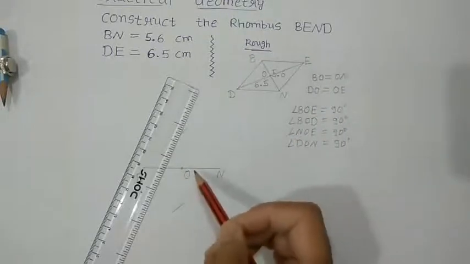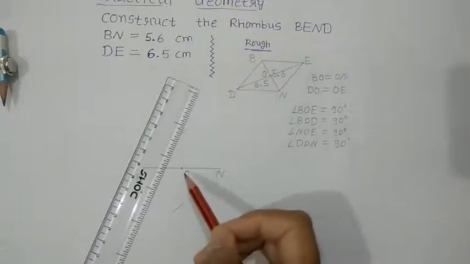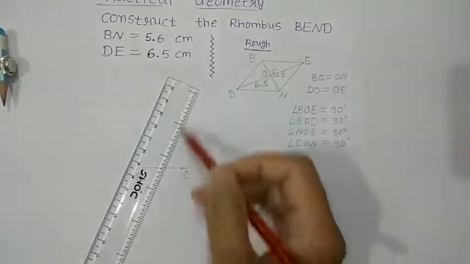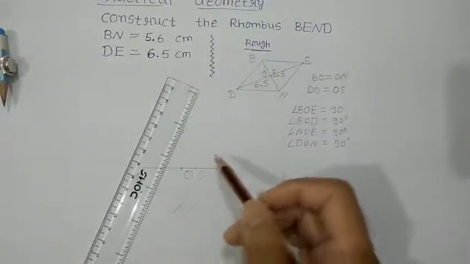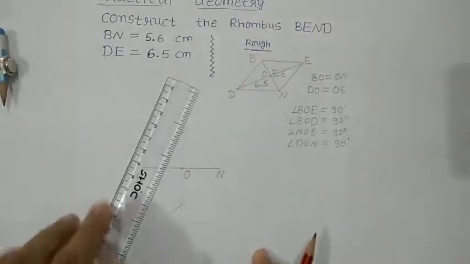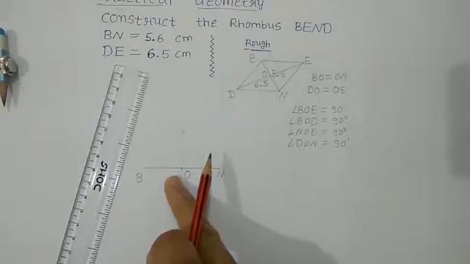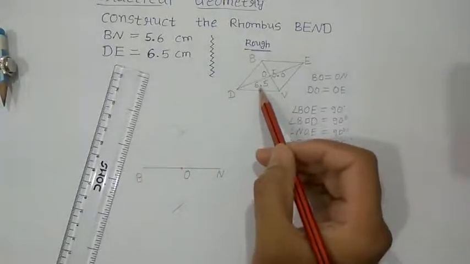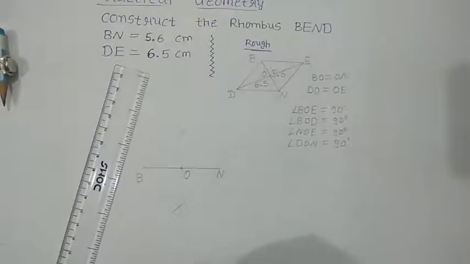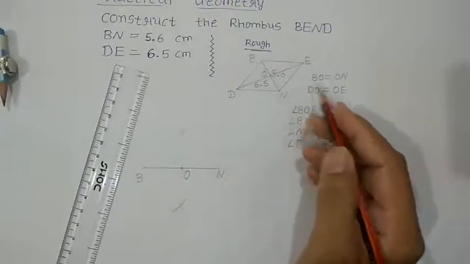Now how much angle do we have to construct here? We have to take a 90 degree angle, and this line that we have constructed shows how much the angle is here. This is an angle of 90 degree, right? So this is the measure of the 90 degree. Now we have to take 6.5 on this line only. So make two equal parts of 6.5. How much do we get?